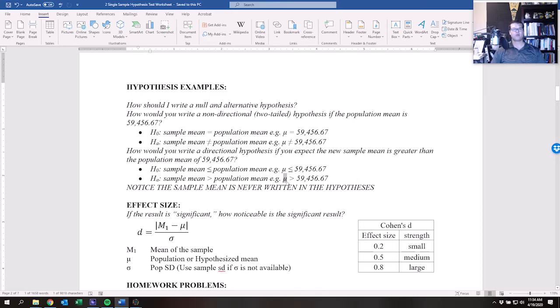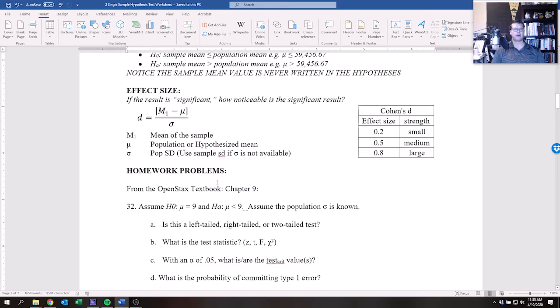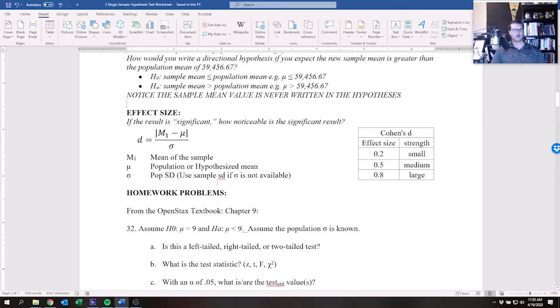Okay, and notice that the sample mean, the actual value, is never written in the null or the alternative hypotheses. So this is the effect size. There's a whole video that goes over effect size, and it's really important and not really covered in the book. So make sure that you watch the video on this. I suggest that you always calculate effect sizes to be able to say, hey, this is how noticeable it actually is. This is how much clout this has. Okay, so moving on,